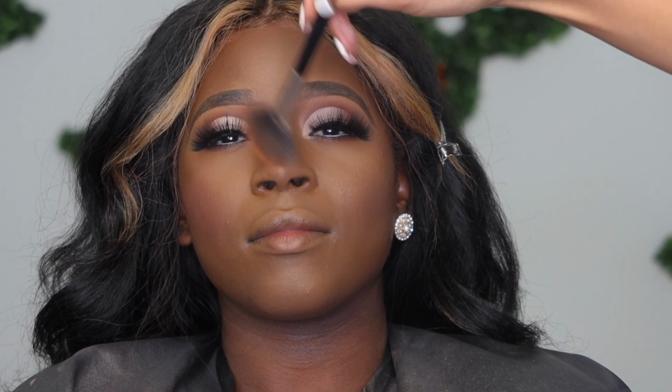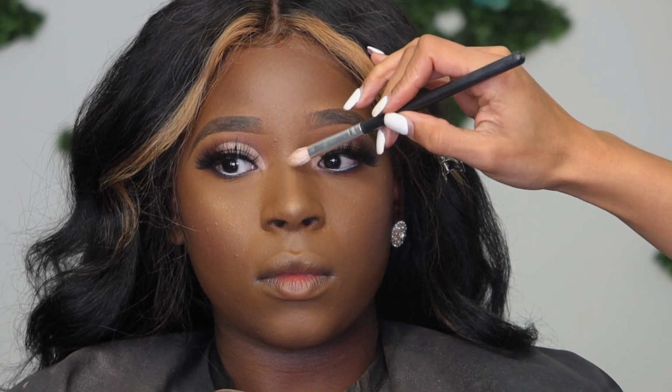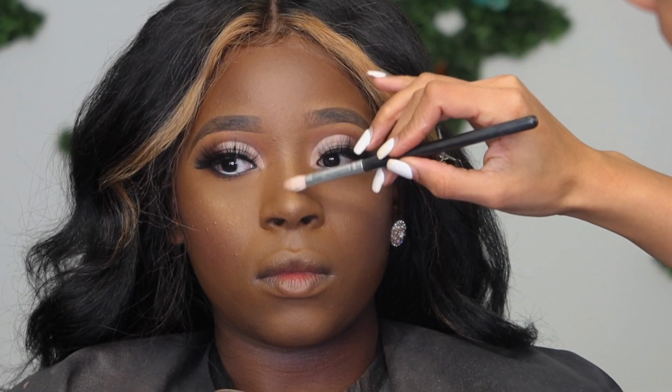So now we're going to go in with highlight, and I'm just going to swipe that on top of her contour and her blush, and do a little bit on her nose. And I also like to take a smaller thin brush and just wipe some on the contour of her nose along that line there, and you'll see me doing that now. So yeah, once we got that part done, y'all,